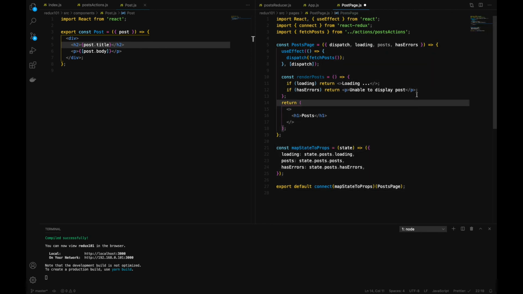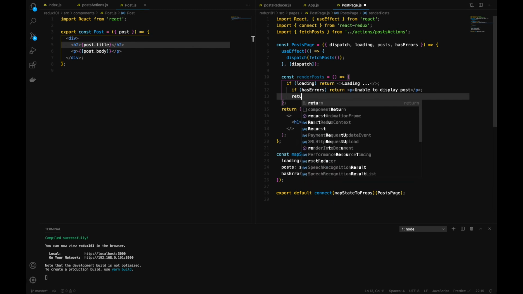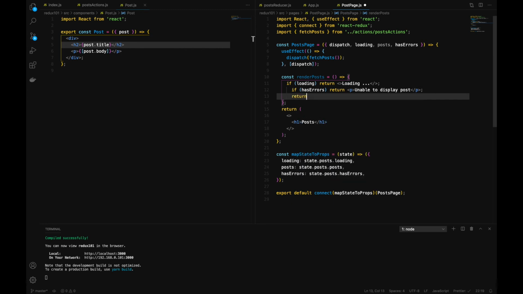And in default we can return post.map, or maybe